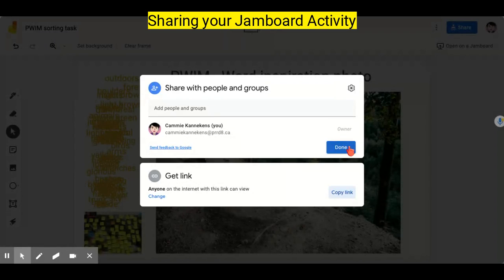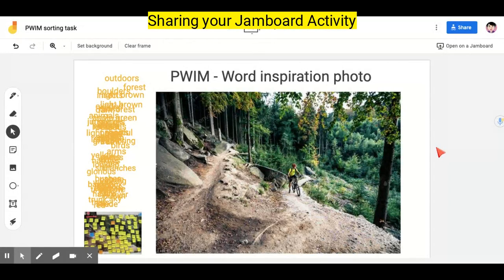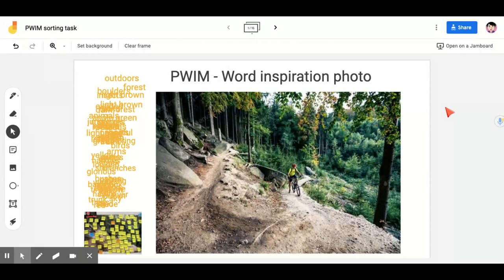The other thing that will happen now is when you launch Jamboard in Google Meet, it will let you choose a Jamboard. And so you would upload a Jamboard from your drive, and then you would navigate to where you have this PWIM sorting task Jamboard saved, and you would choose that, and then it would pop the link into the Google chat for you. So those are some other options for using